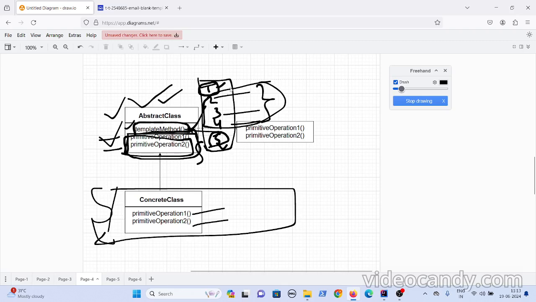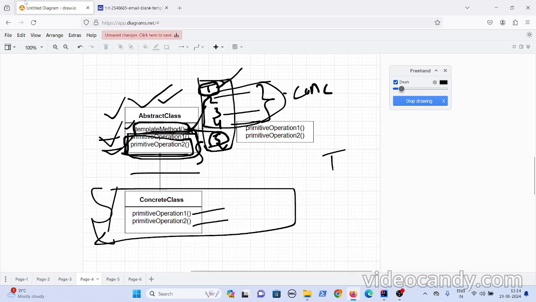So when the abstract class provides implementations for 2, 3, 4 methods, those are called concrete methods. Right? These are concrete methods. And for the methods which are specific to the subclasses, it defines those as abstract methods. So the template class will have two classes, and inside the abstract class, it will have one template method, and then it will have abstract methods, and then it will have the concrete methods as well. This is how a template method works.